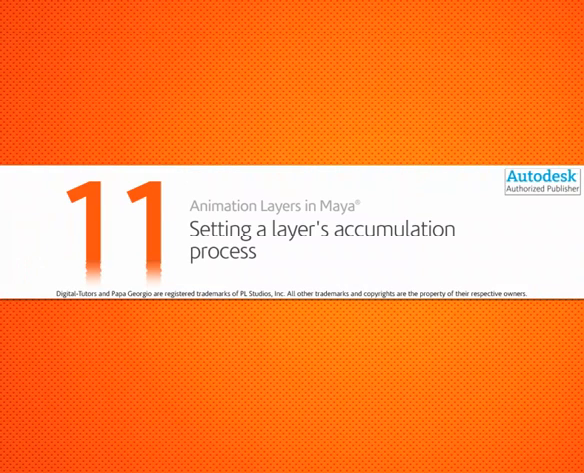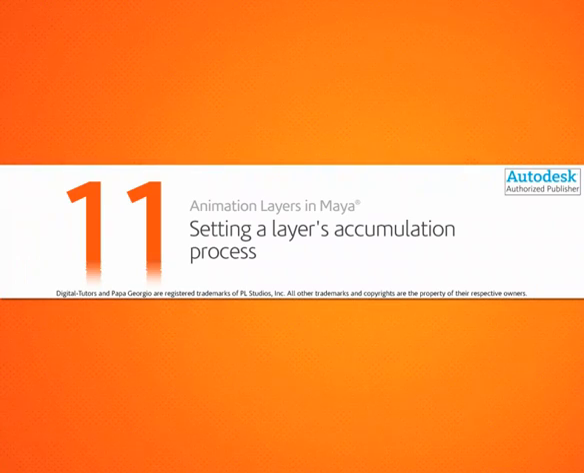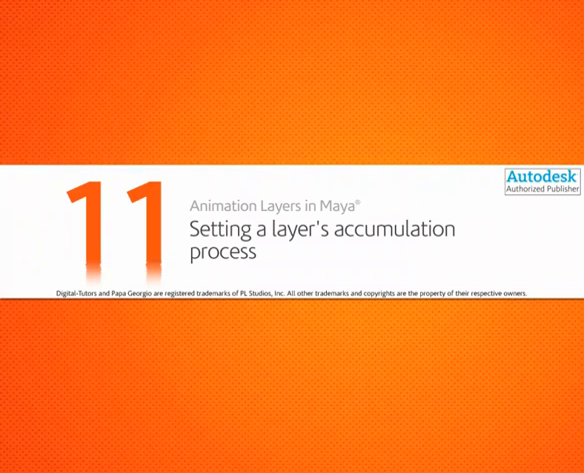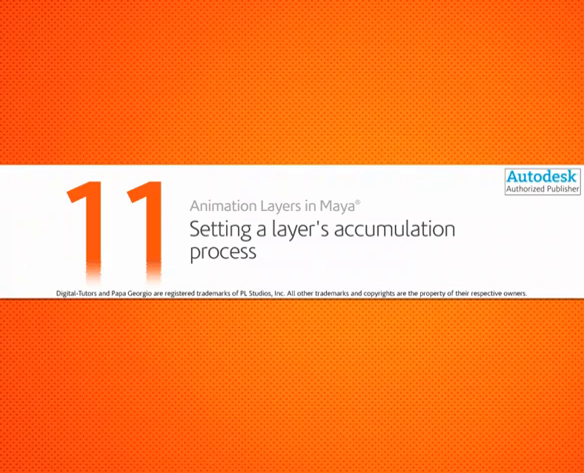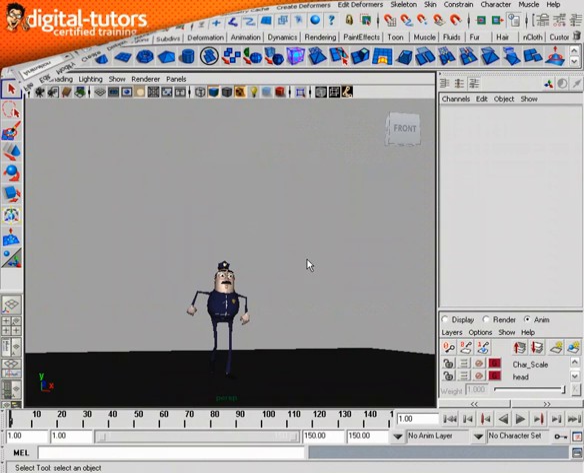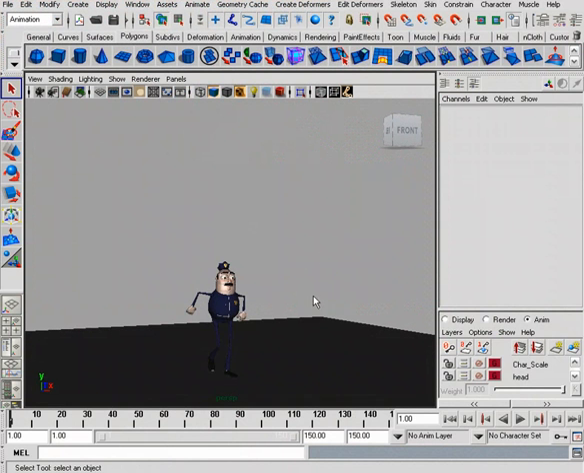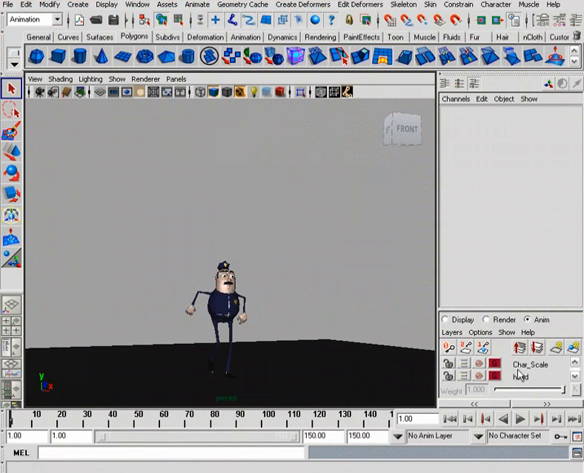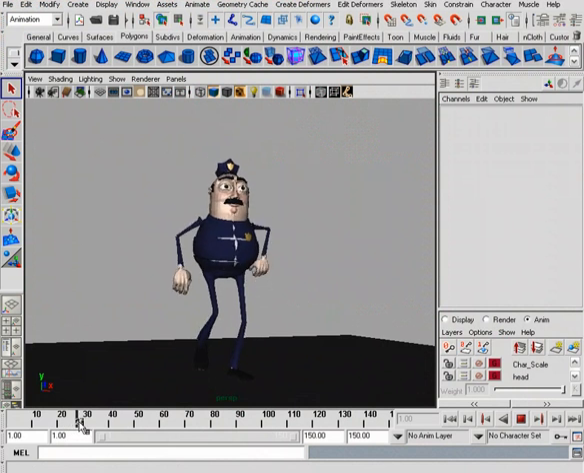Now that we've gotten a chance to take a look at the different types of layer modes in Maya, there's yet another type of mode that deals with how rotation and scale interpolate between layers. This next mode, again, is going to control how rotation and scale accumulate in our layer stack. So let's go ahead and first discuss rotation, but before we actually get to that, I'd just like to show